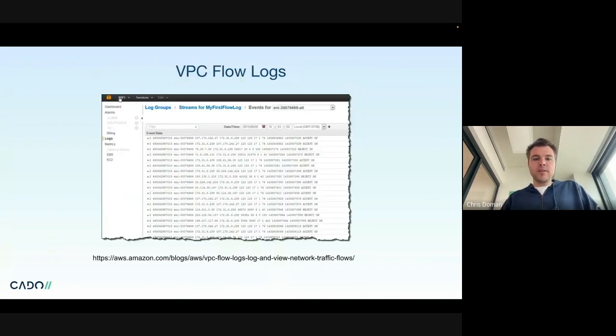Quick word on VPC flow logs, so you can get the kind of flow data around your VPCs, so the networks. Pretty high level, you can get the from and to address, that's about it. If you want to start looking at things like the actual packet content, then you need to deploy something else. But this is also how things like GuardDuty work as well. They'll analyze the VPC flow data, among other things.